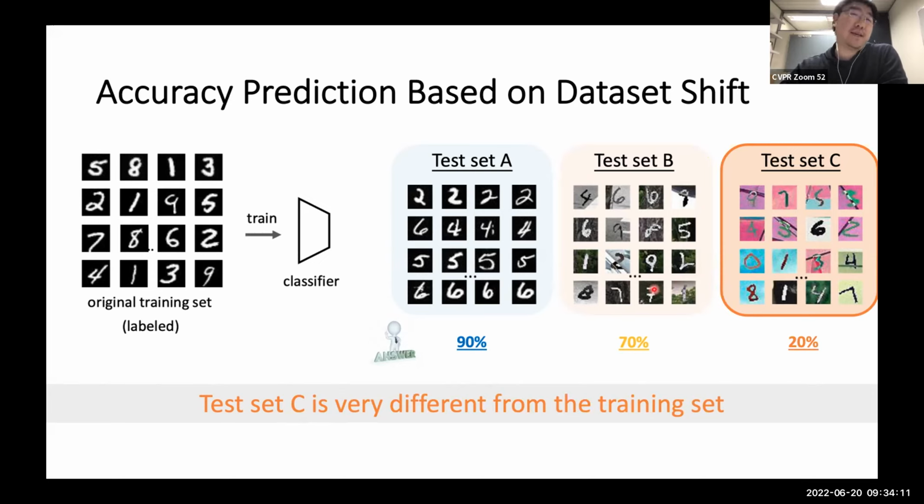This is consistent with our feeling and with what we have found in the literature: the more different your test set is from your training set, the lower accuracy your model will have. This observation is used by many papers in the domain adaptation field, where when you have a big domain gap between the target and source domain, your model will probably have lower accuracy on the target domain.